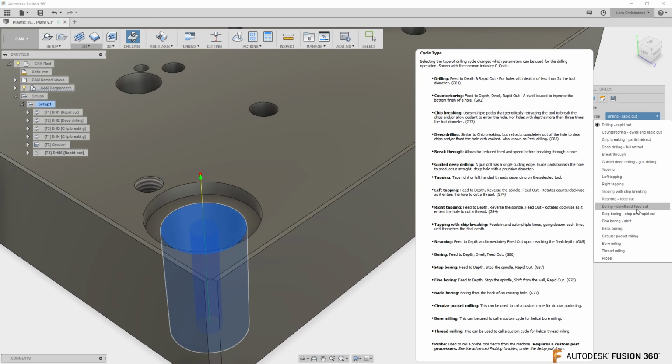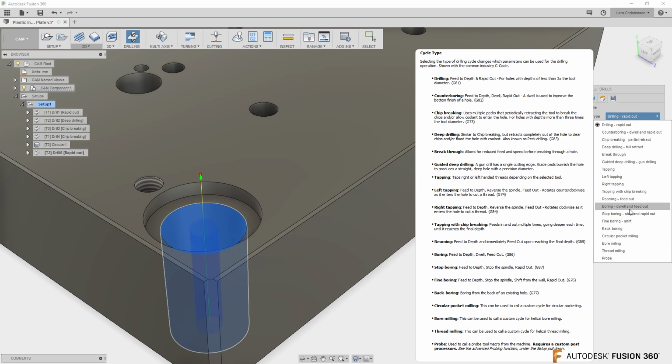So this here, a boring dwell, feed in, feed out, actually works just like the boring command I just showed you, except in this case, it can be called out in the post with a G code,